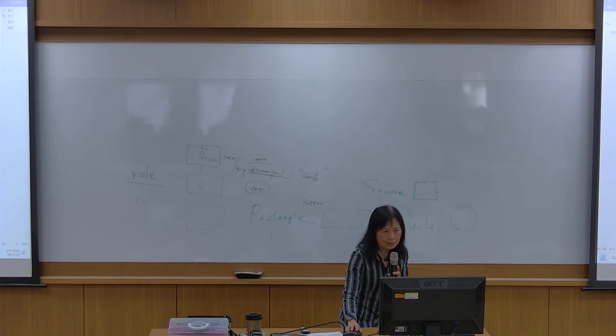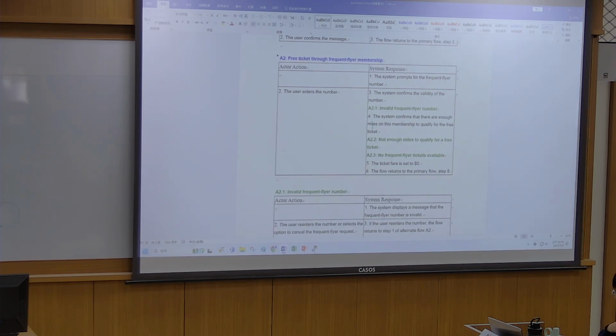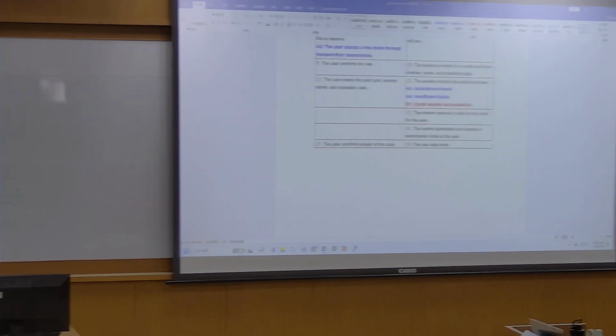You can also see that under alternates, we still have alternates. So alternates and alternates, and then A2.1. And if there's an E, it's an exception. So alternates and exceptions are different. Credit system not accessible may happen.